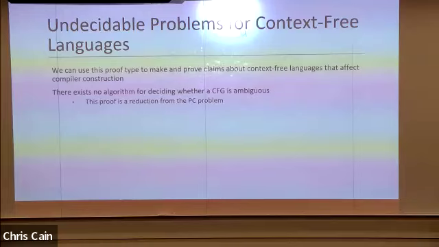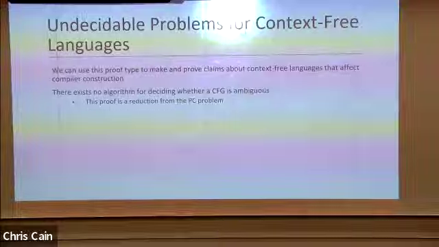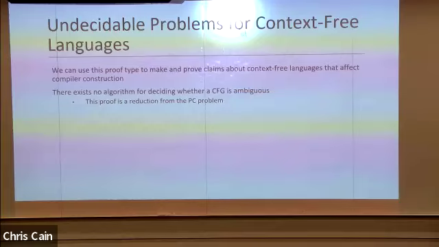We can reduce this to the post-correspondence problem that we just talked about to prove this. Now, note that for particular context-free grammars, this may actually be possible by showing that there's only one possible way that you can move. Imagine generating an algorithm that takes as input a context-free grammar and determines whether it is ambiguous. That problem in general is undecidable. You may be able to logic your way through it with a particular context-free grammar.